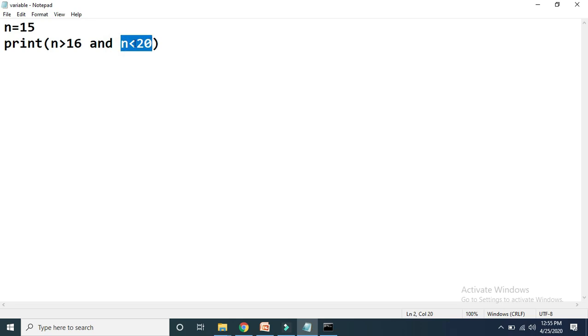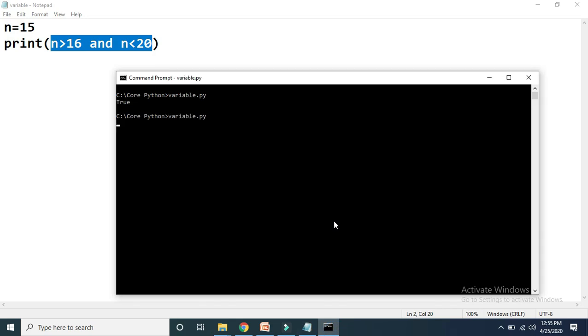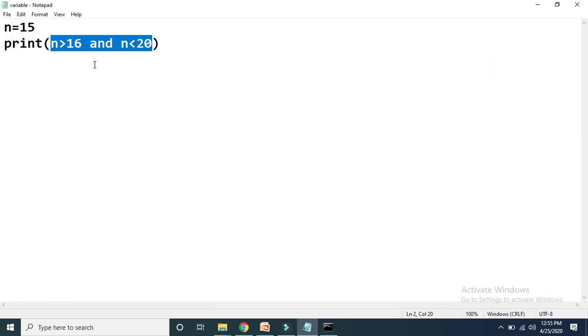If this is the case, then AND will return false, because to make AND true, both conditions must be true, but here one of the conditions is false. So if we execute this program, it returns the result false. See here.